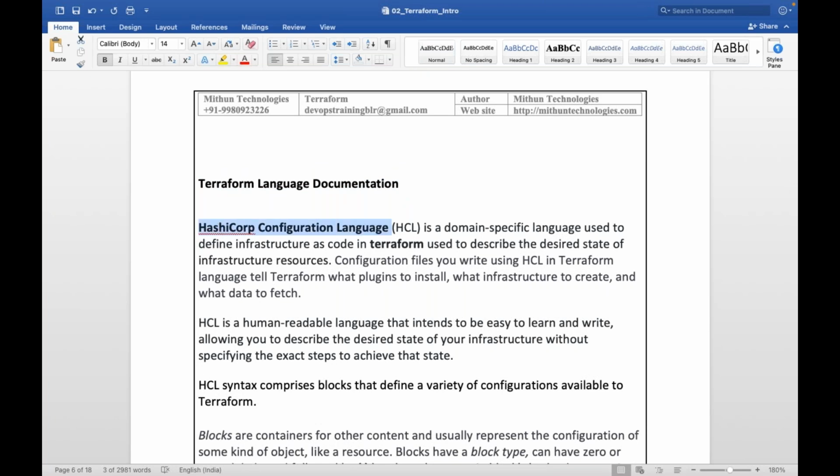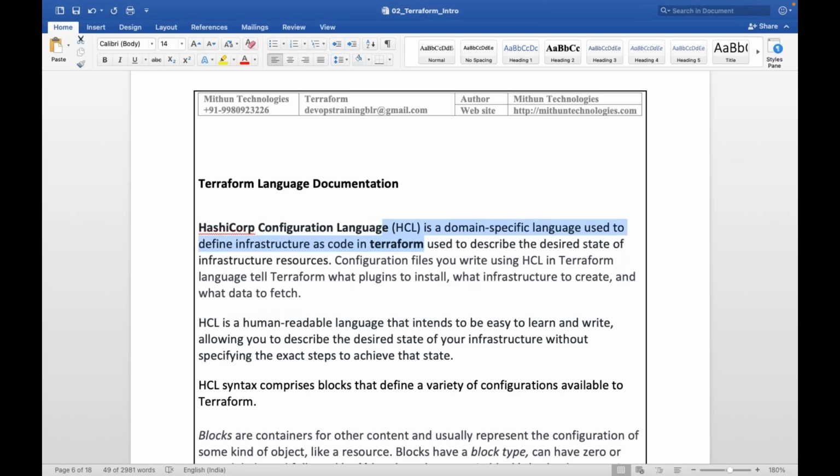HCL is not HCL Technologies. HCL stands for HashiCorp Configuration Language. HCL, HashiCorp Configuration Language, is a domain specific language used to define infrastructure as code in Terraform.